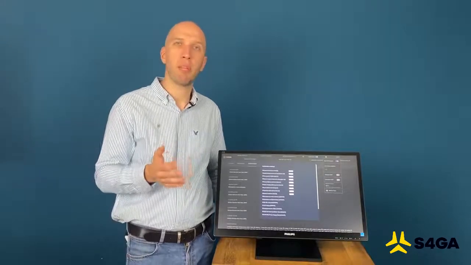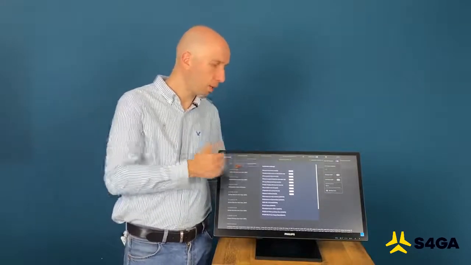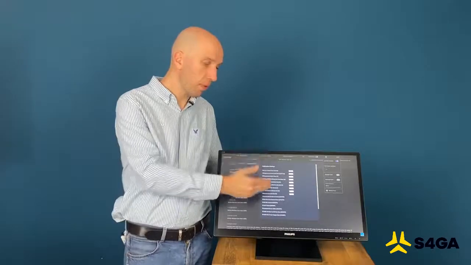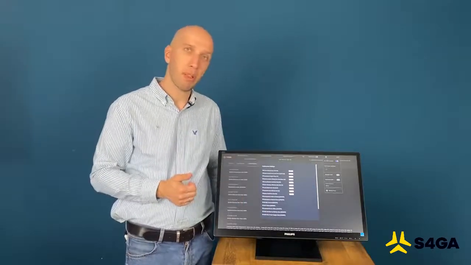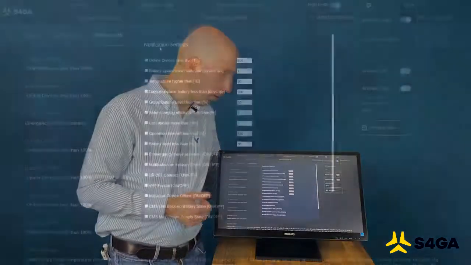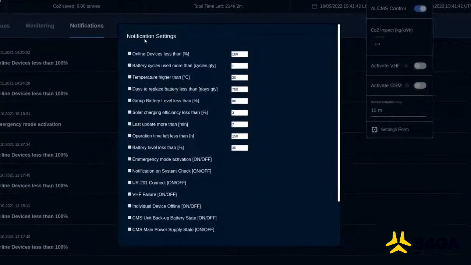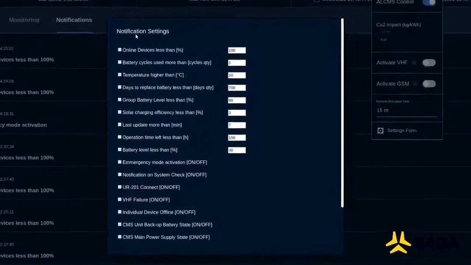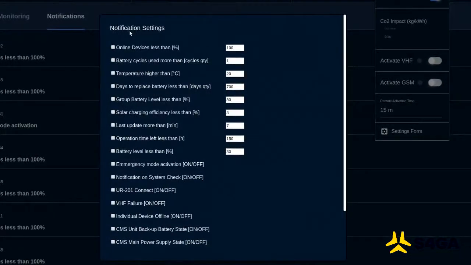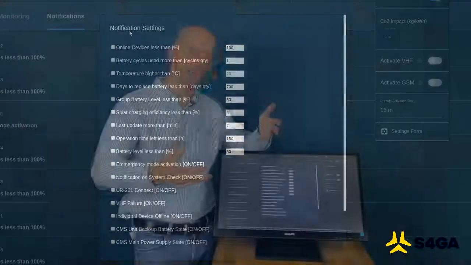Let me explain briefly about thresholds for critical notifications. You have several parameters that you can define yourself. In my opinion, the most important ones here are the number of online devices, which means that if you set up 90% here, then when the number of lights is less than 90%, your system will notify you.